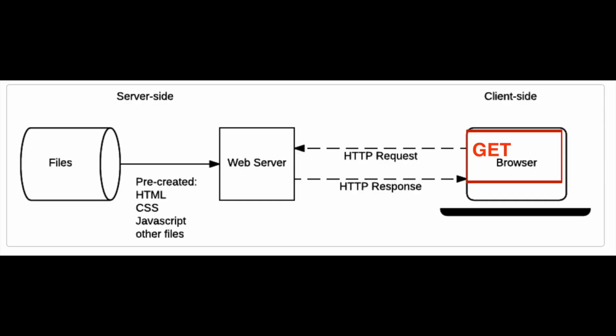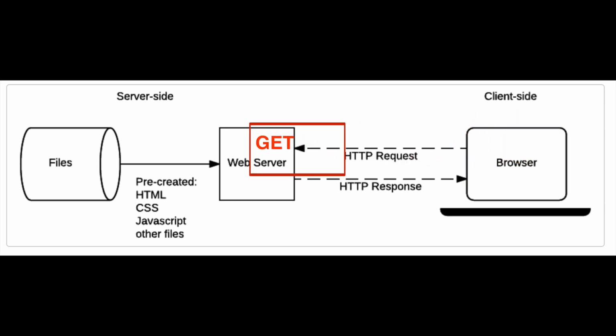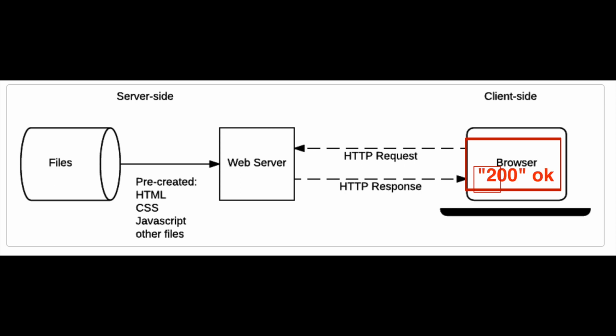When a user wants to navigate to a page, the browser sends an HTTP GET request specifying the URL of its HTML page. The server retrieves the requested documents from its file system and returns an HTTP response containing the documents and an HTTP response status code of 200 OK,